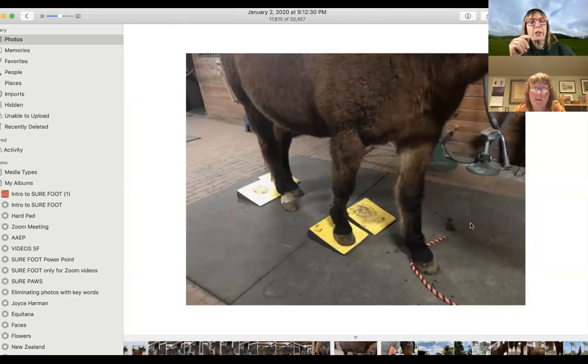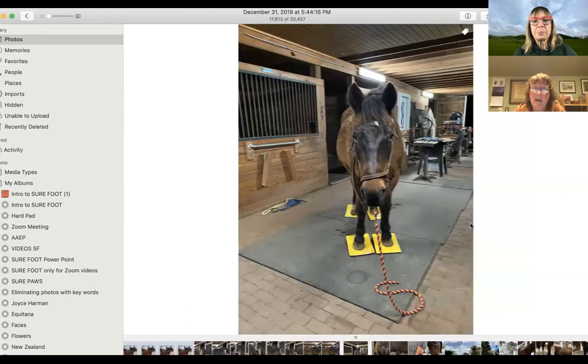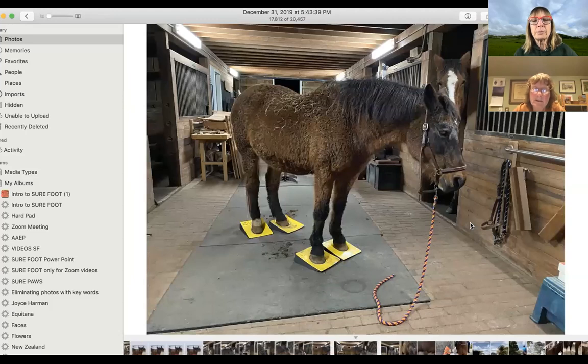In the beginning, the first night, she was right sore. Because you only had a pair of firm slants and you started with just the pair, and her right front was really painful. So she'd kind of do a diagonal, and then I brought over a second set so that we could do all four feet because she really liked the slants. Yes. So it was either day two or day three,